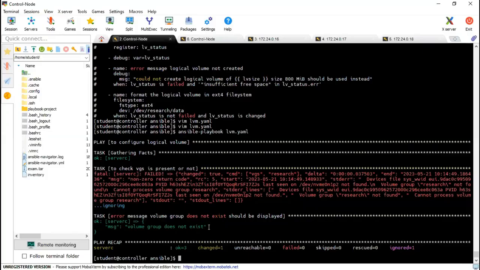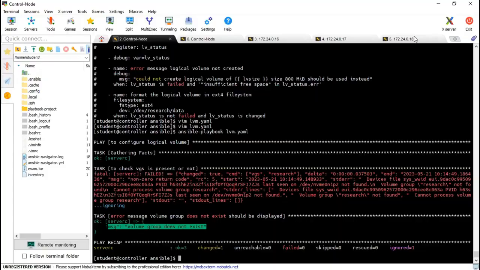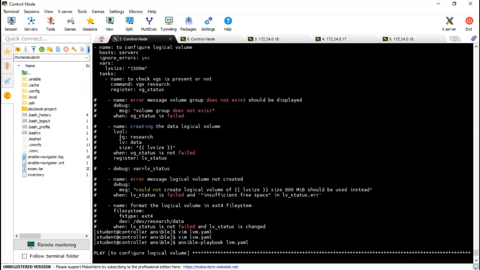Yes, it does not exist, right? But in your exam, that volume group always exists, right? So let me do one thing. LVVG, it's creating a logical volume.